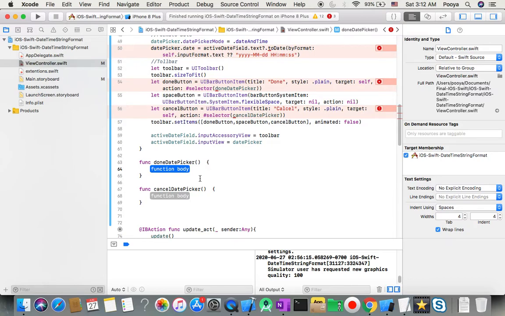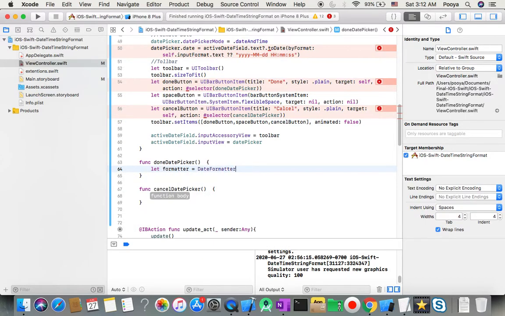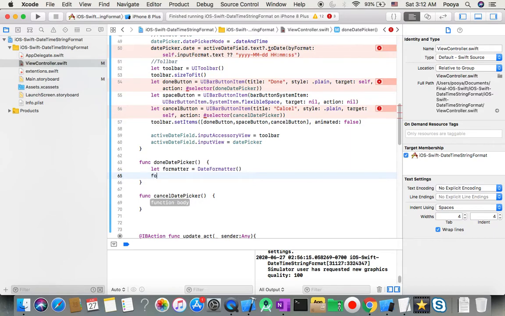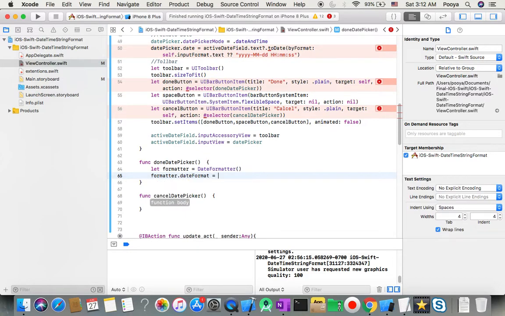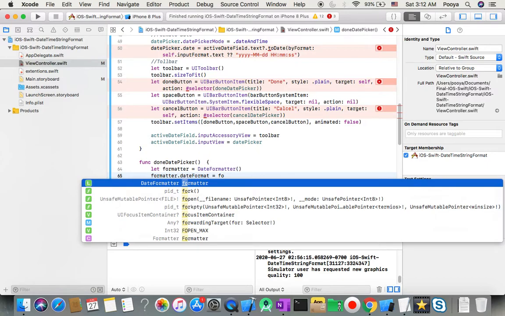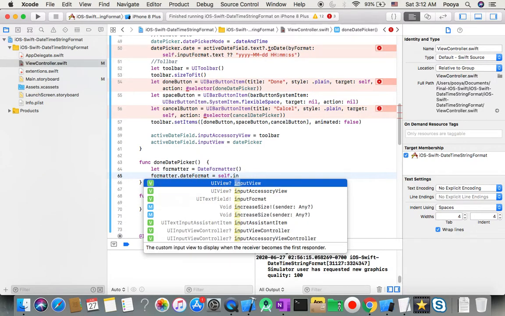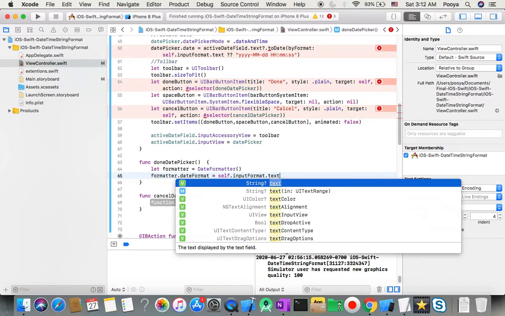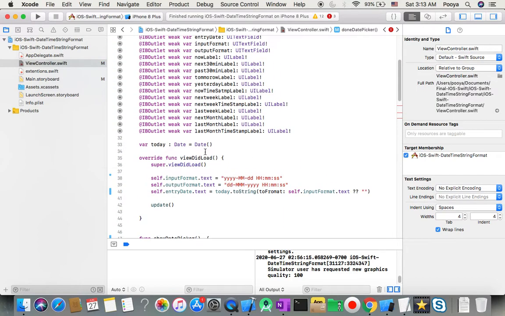For done, I just say let formatter equal DateFormatter, and I say my formatter dot dateFormat equal self dot inputFormat dot text, and if it was nil, we can put this one as a default,